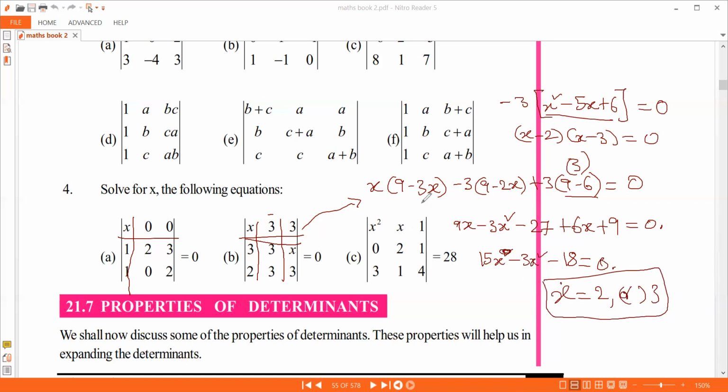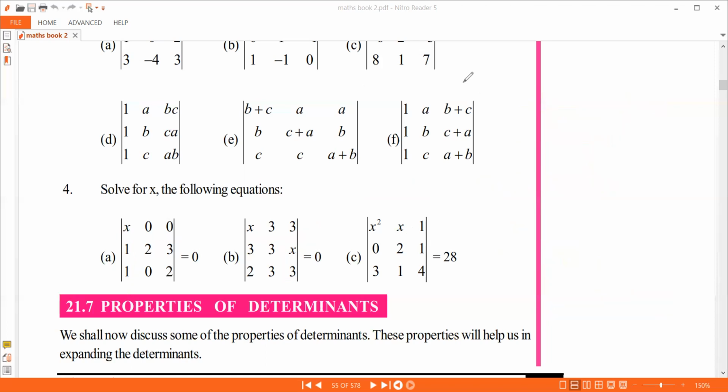So expanding the determinant. Now let's clear this off. Next, let's see the next one. So the next one is x square x 1. Here you see I will expand along this column. Why? Because 1 0 is there. So accordingly you choose. I will expand along this. So you can put plus, minus, plus. So you need not evaluate the second one. That goes very easy, right?